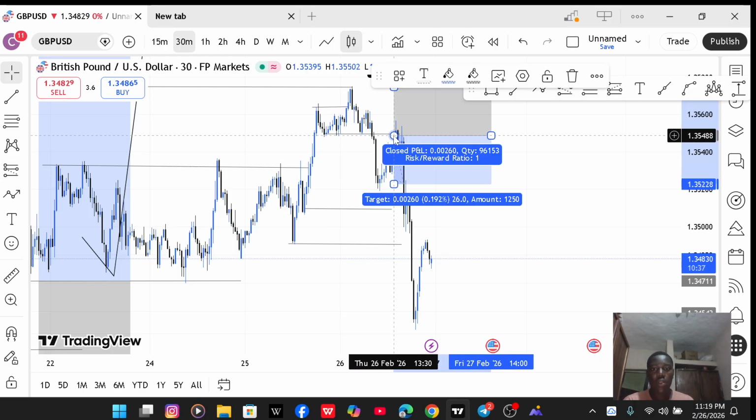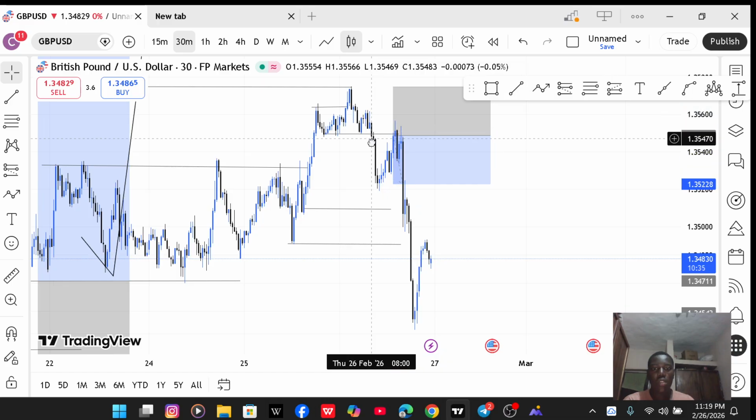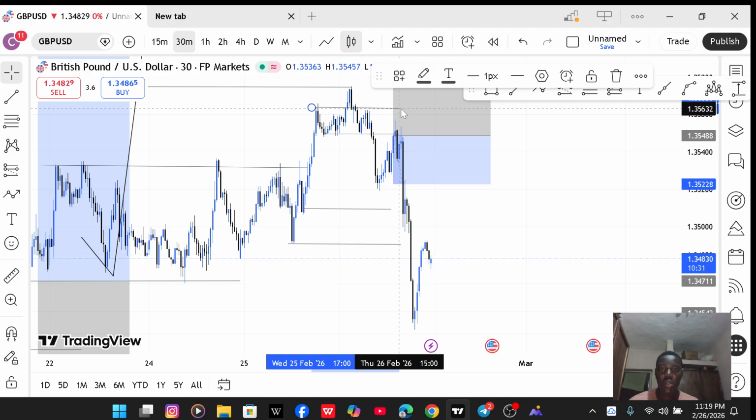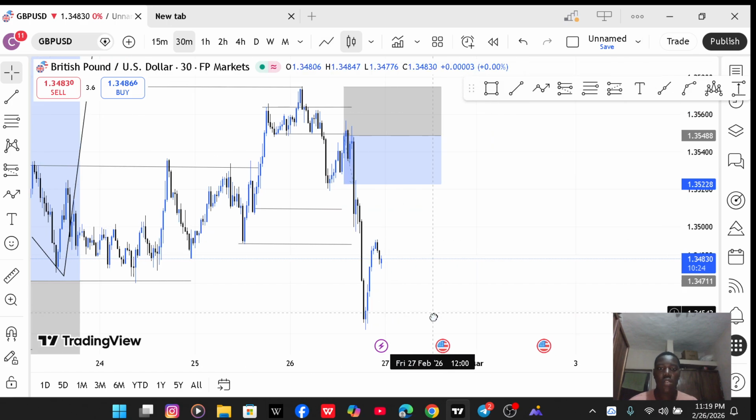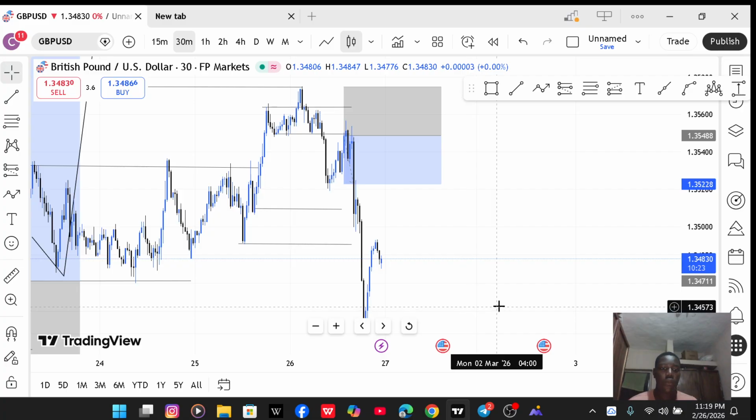I'd be like, okay, let me put my short limit, extend this, because this is the zone. I won't even take this highest point, because if the market didn't respect it,